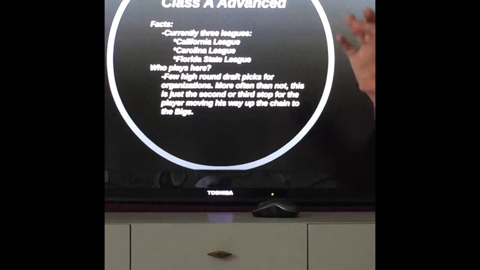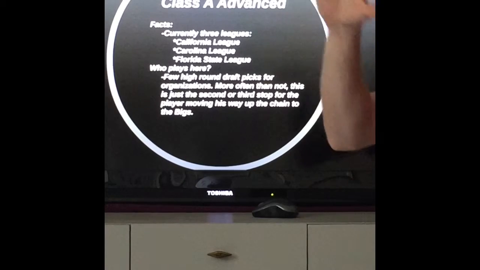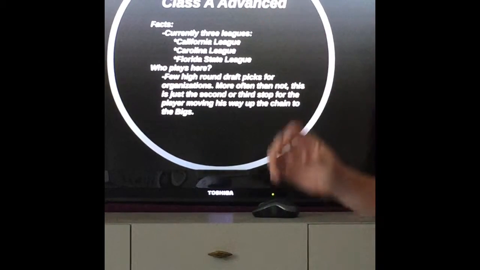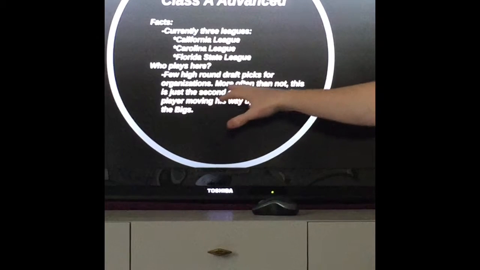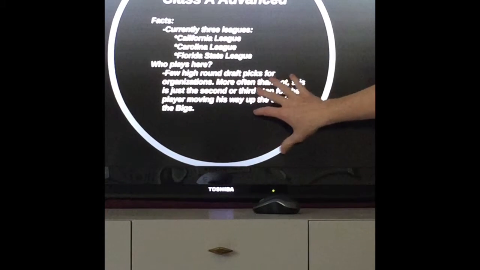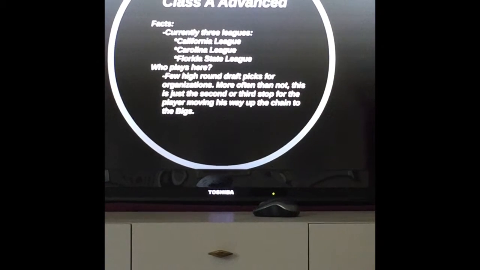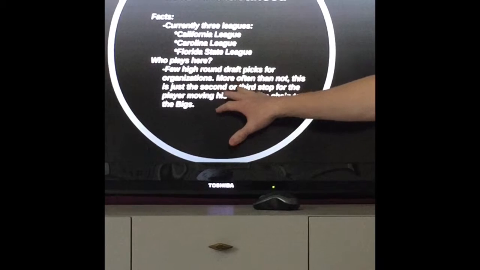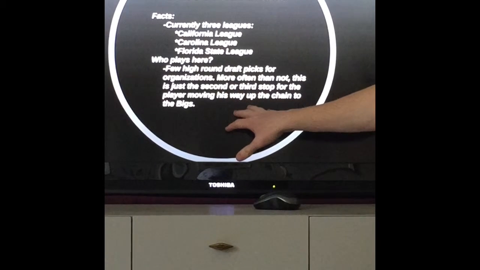All right, so basically this is just like the other leagues. It tries to encompass the whole nation rather than just a portion like the East Coast or West Coast. The people who play here are obviously a few high round draft picks, because we're going to talk about those in just a second with the next league, but occasionally some high round draft picks are coming out of here, and a lot of times